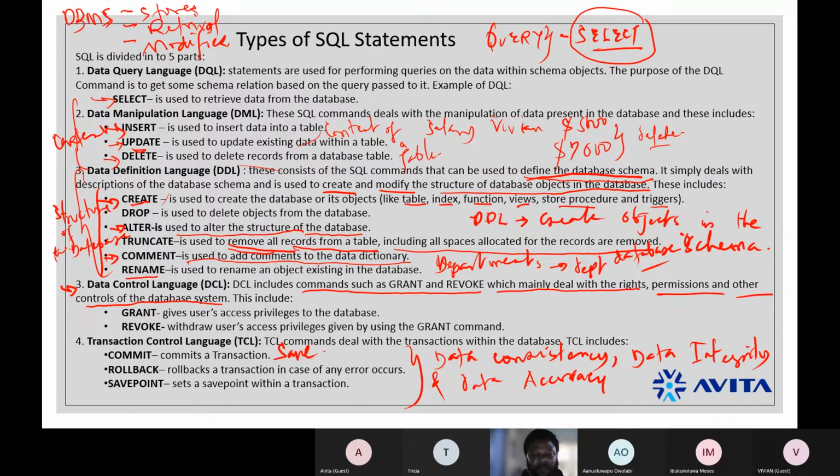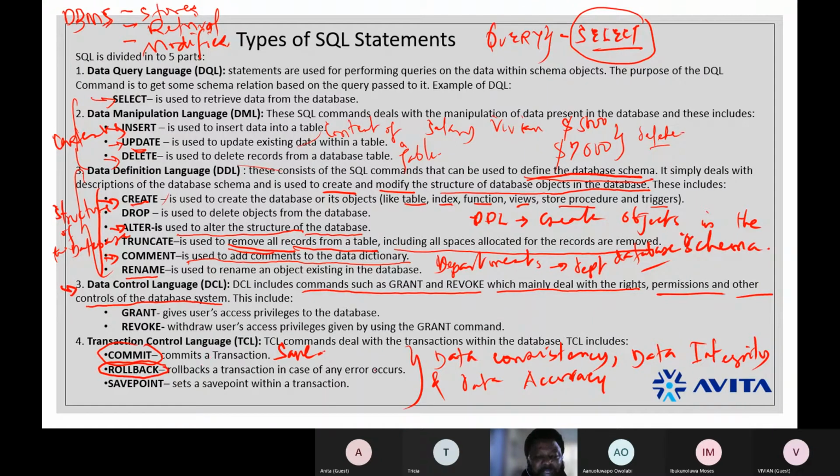We save, right? That save is also known as commit. So commit is also known as what? Save, right? We do save, Control S, all the time. But in the database, when you say that what you have done is okay, you save it. If you discover that what you have done is not acceptable, maybe there's an error in the transaction that you have done.